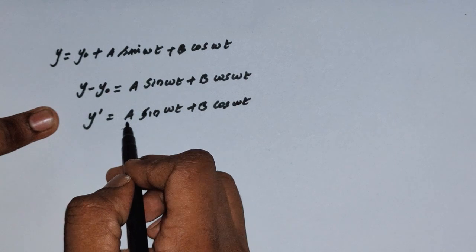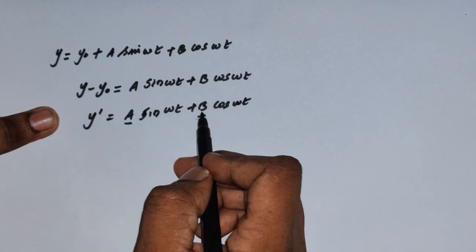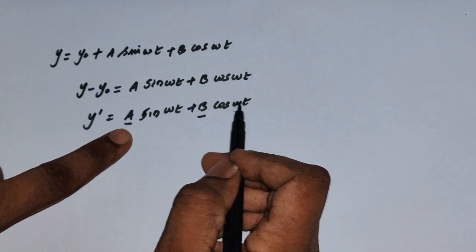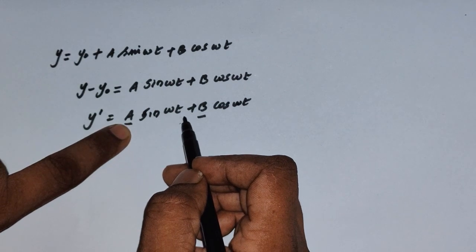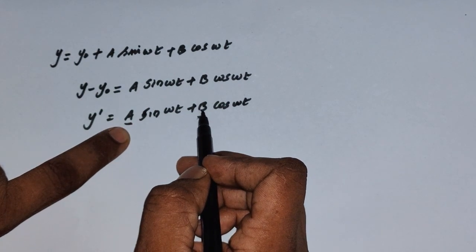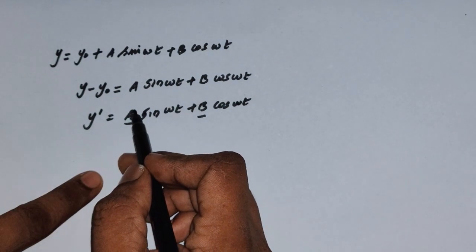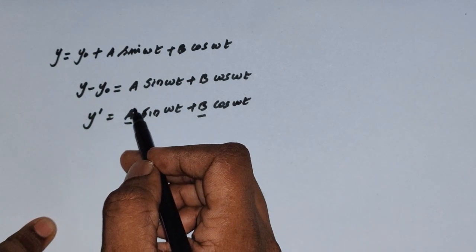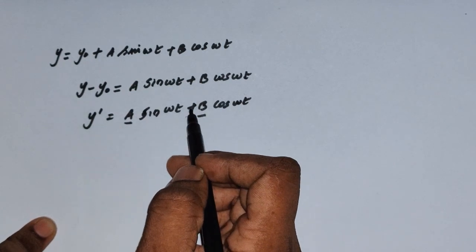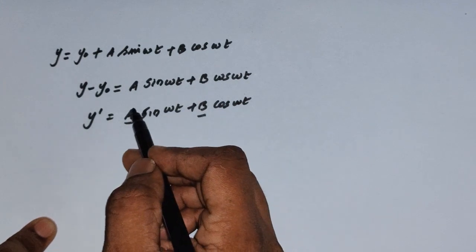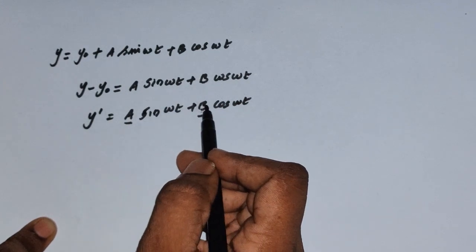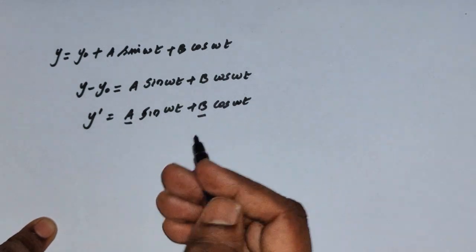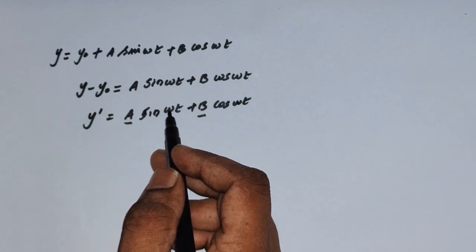Here, if you look at the amplitudes a and b, suppose b goes to 0 when time t goes to pi by 2, then a goes to maximum. When a goes to maximum, then b goes to minimum. That means the amplitudes a and b also execute a kind of simple harmonic motion. They will vary according to the sine or cosine function, because whenever a goes to maximum, b goes to 0, and when b goes to maximum, a goes to 0. So this amplitude is also varying like a simple harmonic motion.